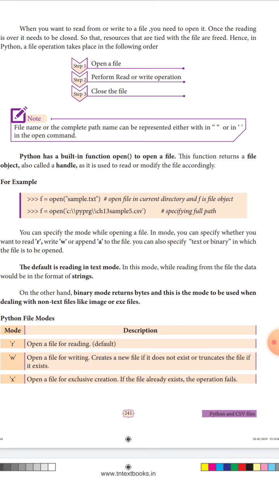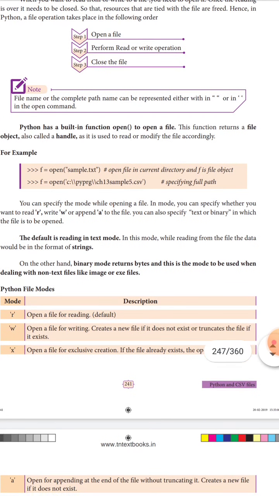You can specify the mode while opening the file. In this mode you can specify whether you want to read, write or append to the file. You can also specify text or binary. The default is reading in text mode.